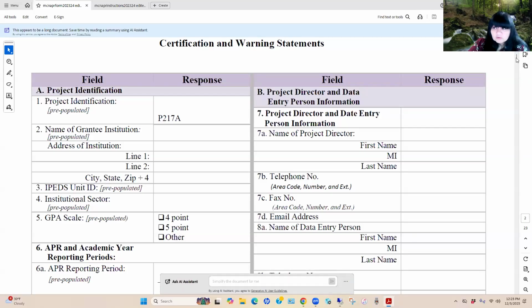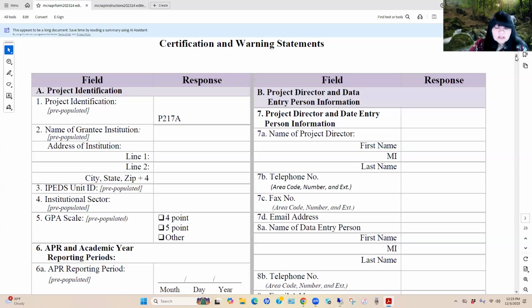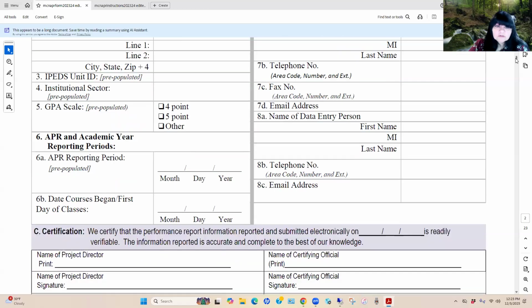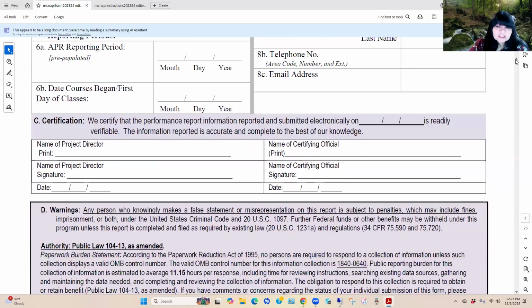So there are definitely some questions that when you view this particular form in the web portal, some of it, again, will be pre-populated and others will require you to enter some information. What is important to note is that this particular section, part one, also includes the certification.